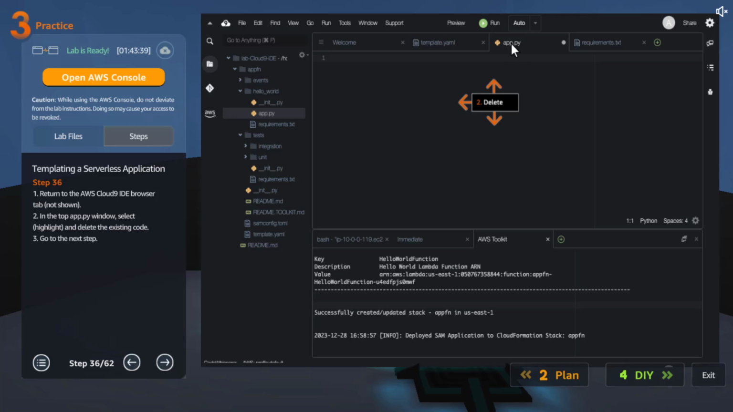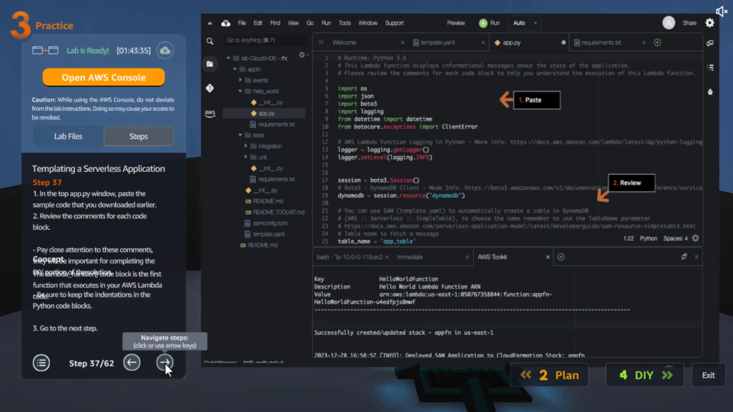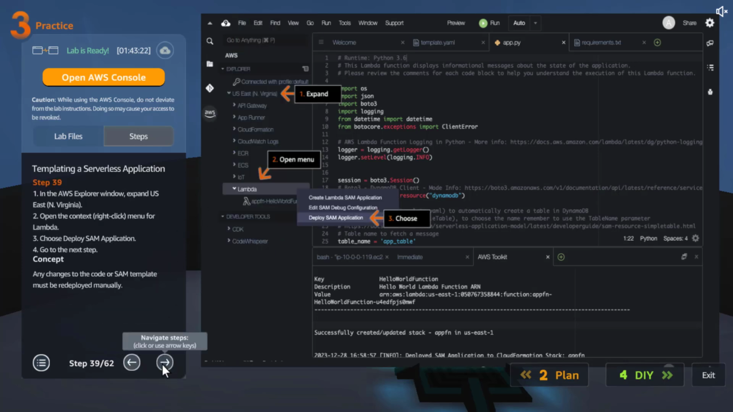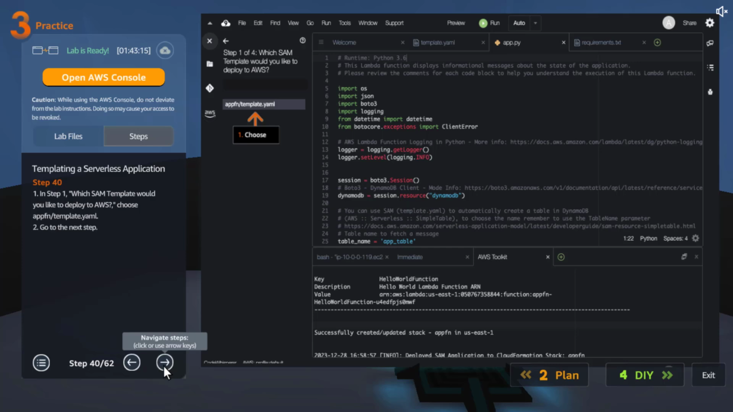And it wants me to delete everything in the app.py, and then paste the code that we copied from one of the files. Then we will review the code and save it. Then again go to AWS, then go to that Lambda deploy. Okay, so we are going to deploy our new changes, and this time we are deploying the template.yaml,